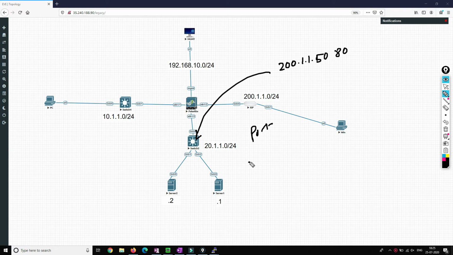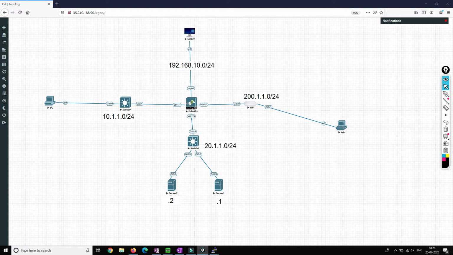So it will get port forwarded to 20.1.1.1 and 20.1.1.2 on port number 8080, and also we'll do the load balancing. So how we can do that, I'll just hit the lab and I'll show you guys.